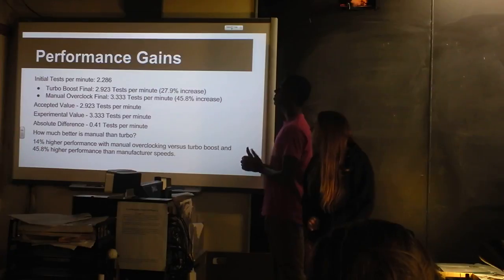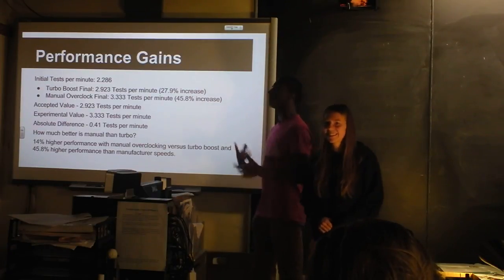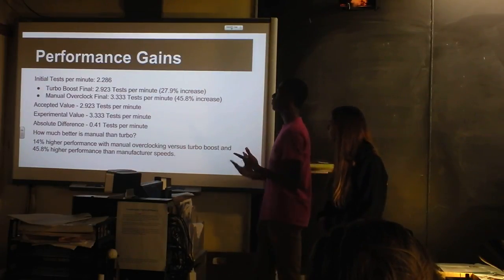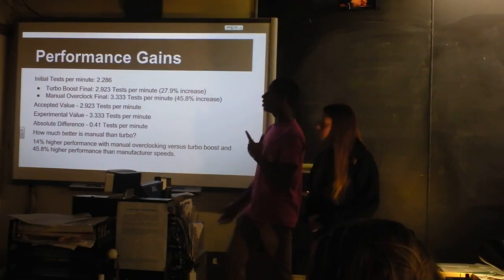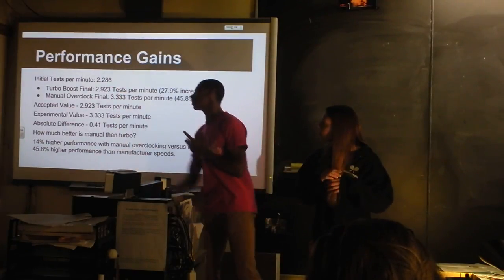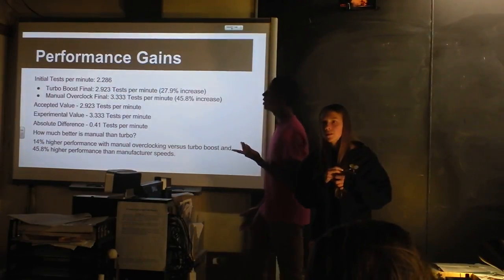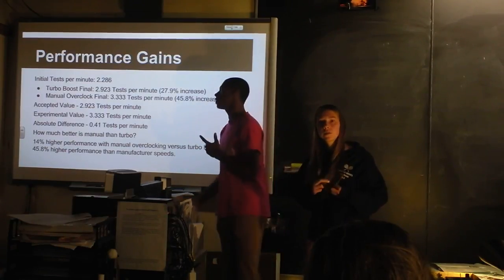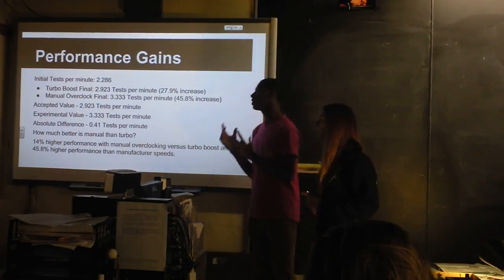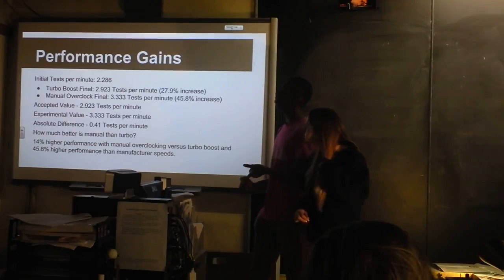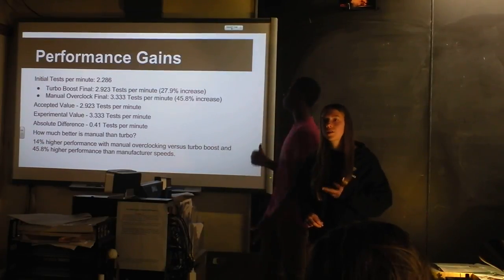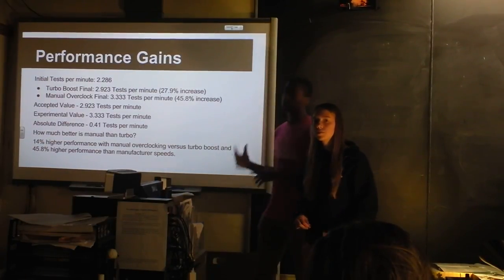Okay, and then this is an analysis of the processor performance. Initially, it was doing 2.286 tests per minute. And then with Turbo Boost, it was doing 2.923, which is a 28-ish% increase. And with manual overclock, we got to do 3.333 tests per minute, which is a 45.8% increase from the manufacturer